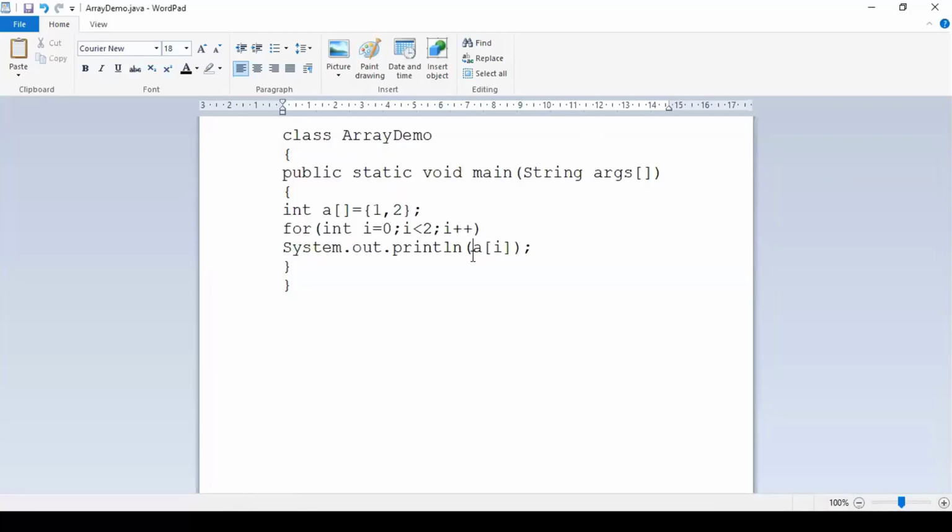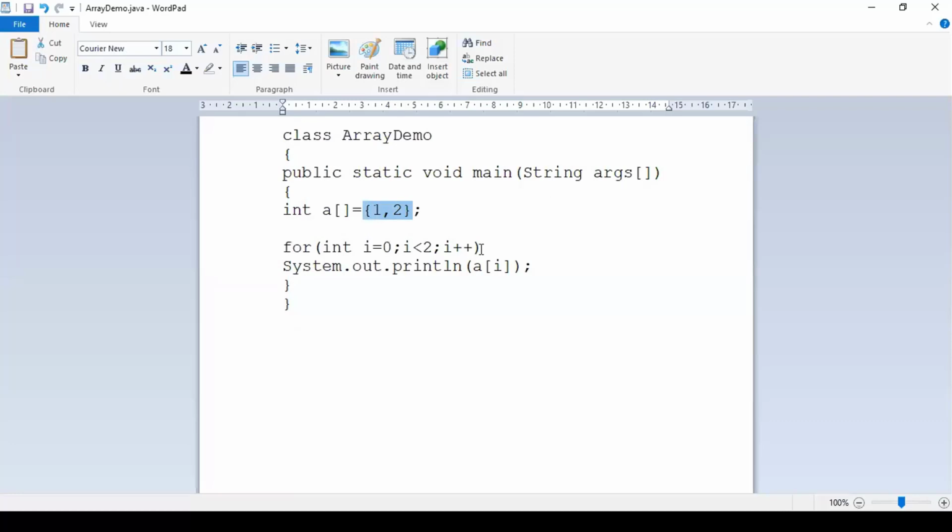Let me give the conclusion. I hope now you understood what I wanted to convey. At least you remember what we have done now. First, we declared a normal array and checked it was not showing any error. Later I tried to put some value into that, and it showed an error saying that the array has not been initialized. So I initialized the values. Now it is working fine. So when you know what values you want to put, that means when you know the contents of your array, then you can directly initialize, no problem of going for a new keyword.